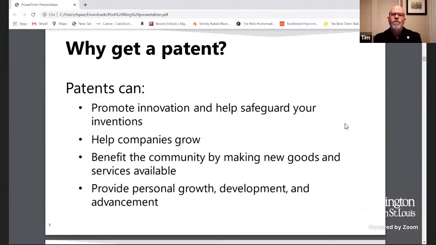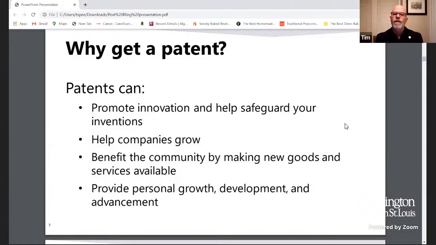And that by giving those rights to people and preserving that, there's real value to that. It can help promote innovation, and it can help you protect in a real, meaningful way that which you've created, so you can benefit from that. It can help companies grow, and it can be used in various ways, to show folks who want to maybe invest in you, they can review your patent portfolio, and maybe that's of economic value. You can use it for that.